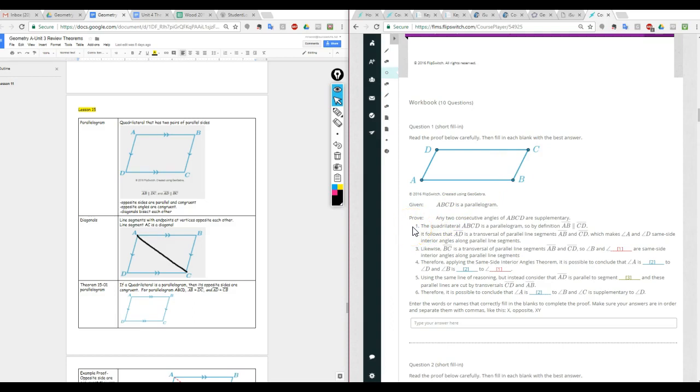Okay, 1. The quadrilateral ABCD is a parallelogram by definition. AB is parallel to CD. So AB, A to B, is parallel to CD because parallelograms have opposite pairs of lines that are parallel. So then it follows that AD is a transversal of parallel line segments AB and CD. Okay? So transversal right here between these two lines,